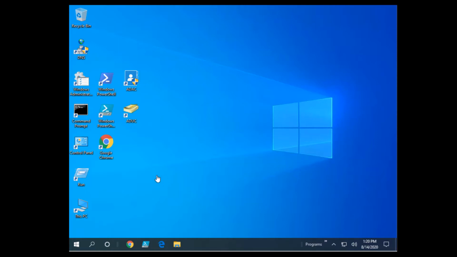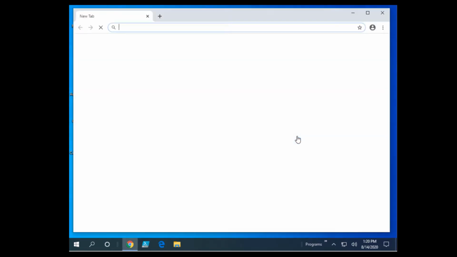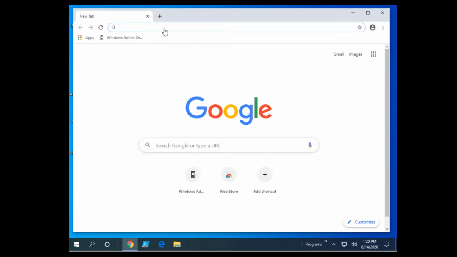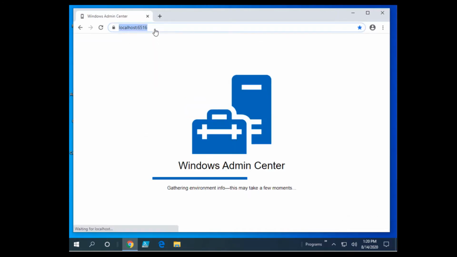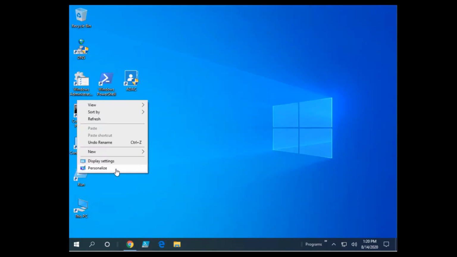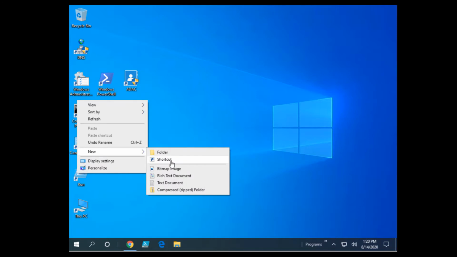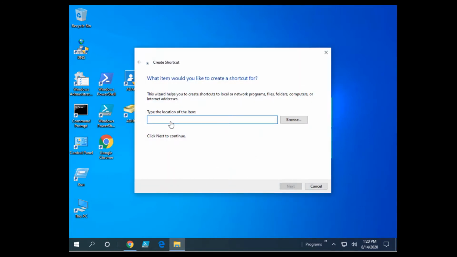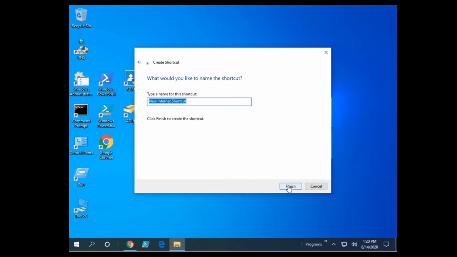And I haven't done it yet. I bookmarked it, but I'll tell you what else I'm going to do. I'm going to create a shortcut, because it's such a powerful tool and something that you use so frequently. And so here, what I want to copy, and I'm just going to make myself a shortcut, a new shortcut, and the location of the item is just localhost, 6516 is the port, and I'm going to call this